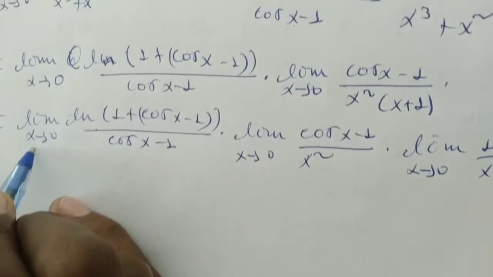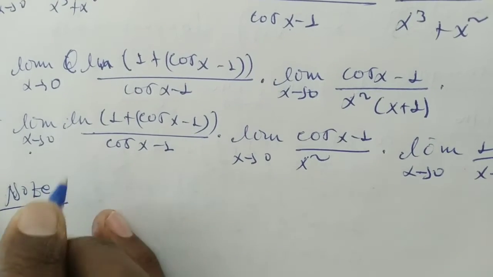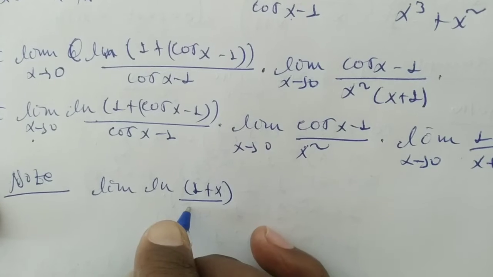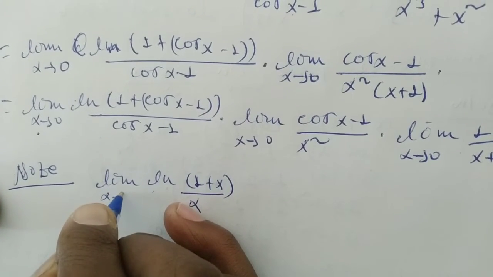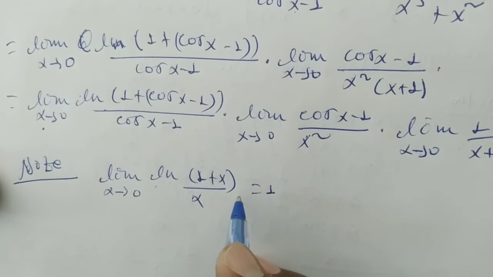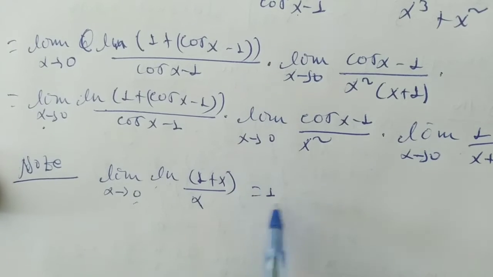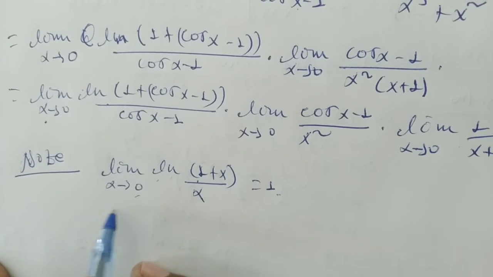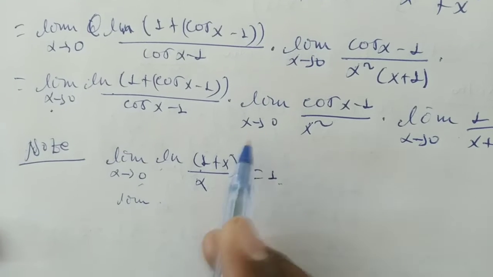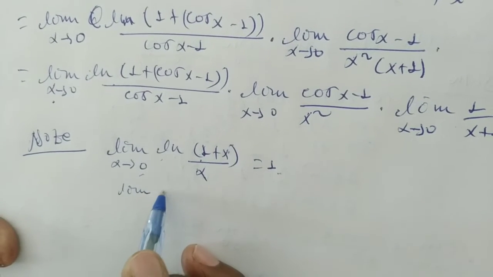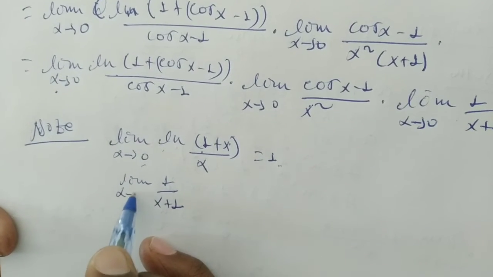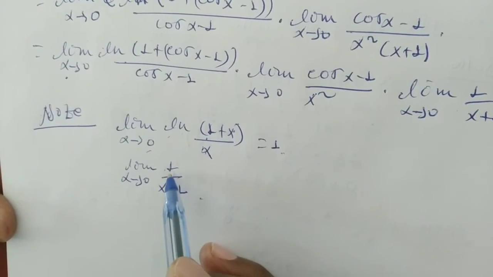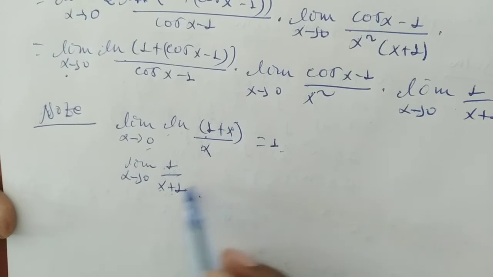ስለዚህ ሌላው ደግሞ እዚሁ ጋር እንደ ኖት ነገር ልትይዙት የሚገባው limit of ln of 1 + x over x when x goes to 0 is equals to 1. ይሄኛውን ደግሞ ፕሩፍ ማድረግ ካላችሁ በሎፒታል መስርተዋለን። በሎፒታል ማለት derivative of ln of 1 + x, 1 over x + 1 when x goes to 0 times derivative of x ደግሞ over 1 ስለሚሆን 1 ነው ማለት ነው። Derivative of 1 + x 1 ነው፣ ከስር 1 ነች ማለት ነው፣ ከላይ 1 ነች ማለት ነው። 1 over x + 1, 1 over 0 + 1, 1 over 1, 1 ነው ማለት ነው። ስለዚህ 1 ይመጣል